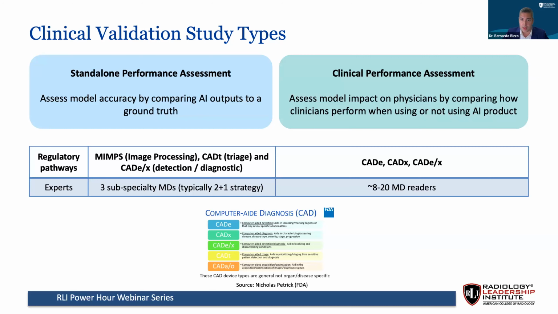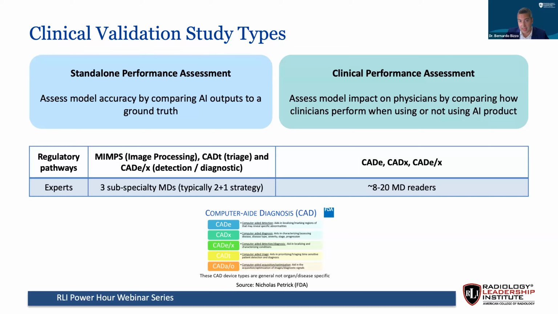performance assessment that measures model accuracy, comparing ground truth with AI. Typically, two radiologists independently analyze the same image. We review the results, and if the first two radiologists disagree, a third radiologist is the adjudicator. The FDA typically expects a performance above 95% area under the curve, and sensitivity and specificity above 80% for these